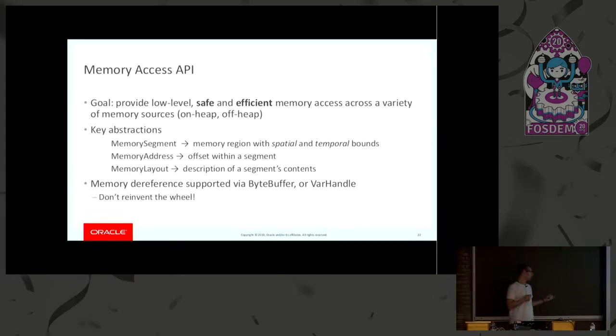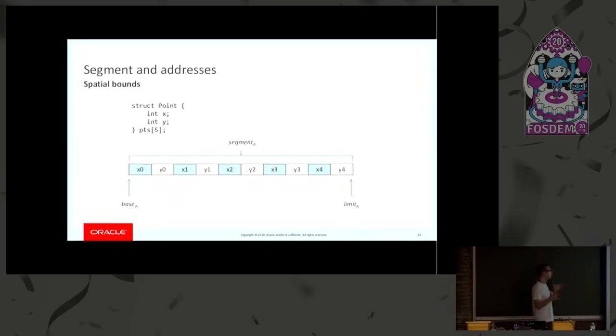And this is actually a good option that I will explore in the final part of this talk. So the main idea here is that we don't need to reinvent the wheel. We don't need to add a lot of accessors for our memory. We can just leverage the good APIs that we already have. This is what a segment looks like.